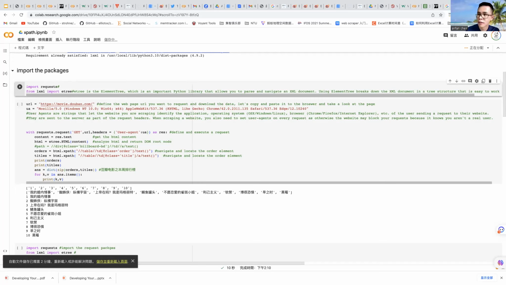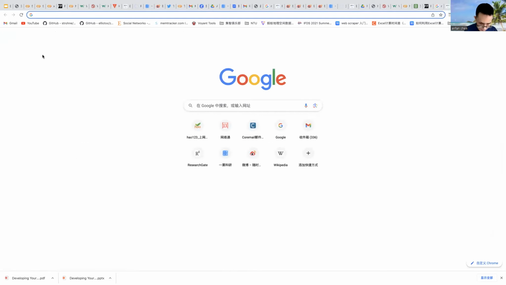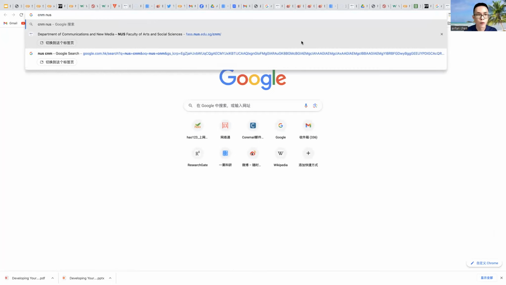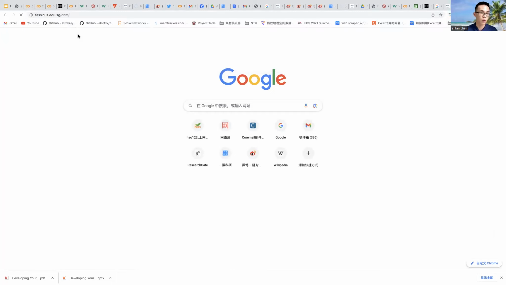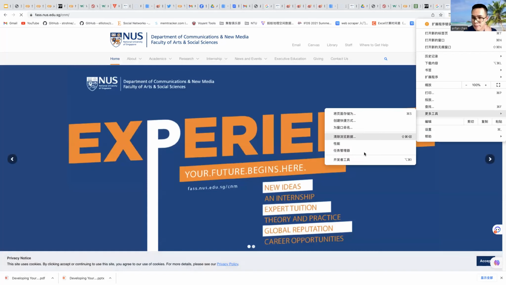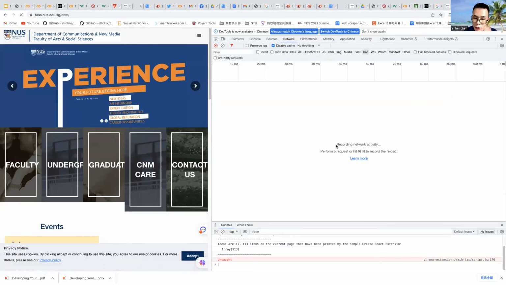It is like the procedure when we visit a page, such as CNN and NUS. Once we visit and request the web page, you can see we are doing some requesting.